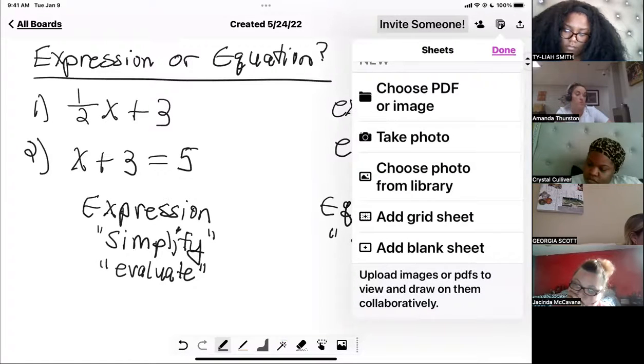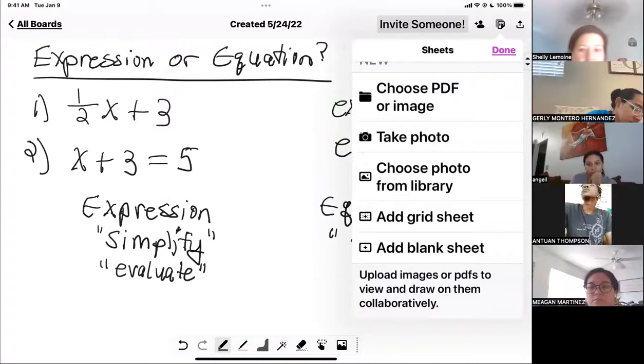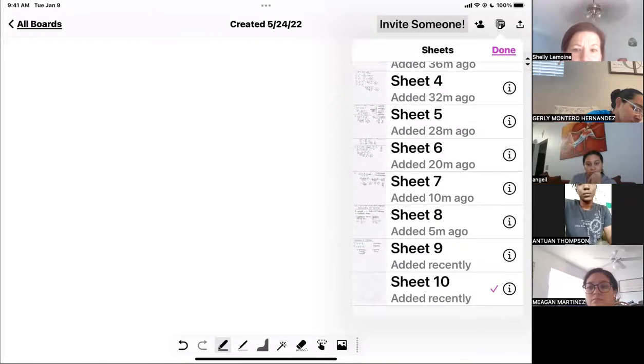You guys all right if I turn the page? Looks like you guys are right. Okay. So we are going